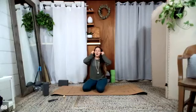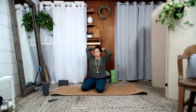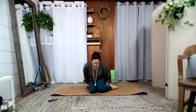Great, and so we are going to start in our seated meditation. If you do have a block or a cushion, please feel free. Other ideas, if you don't have these at home, is that you can actually just take a blanket or a towel and wrap it around a foam roller. So that can work. Or if you take a couple towels and you roll them very tightly, that's going to create a firm foundation. So you can even sit on something like that. Taking whatever comfortable seat for you, I actually like to take two blocks and put them together for a more wide base. If I'm going to sit cross-legged,